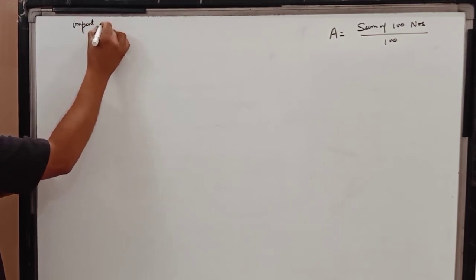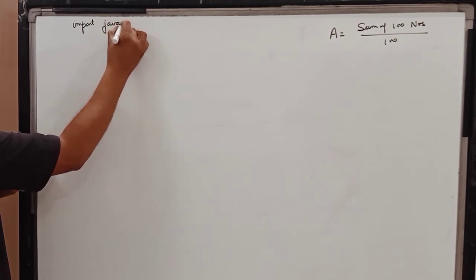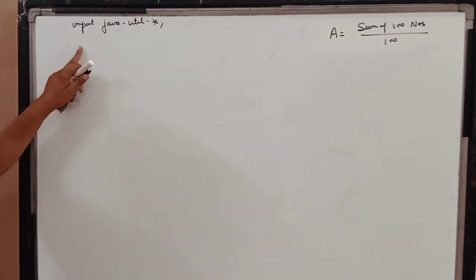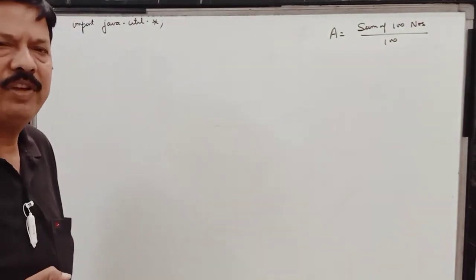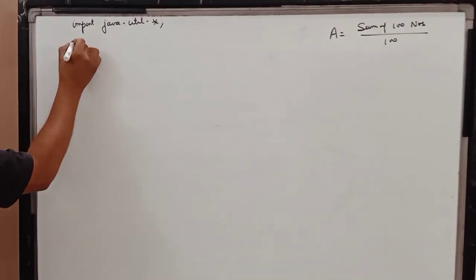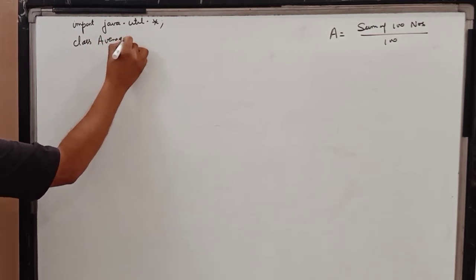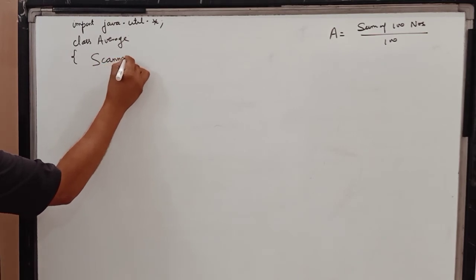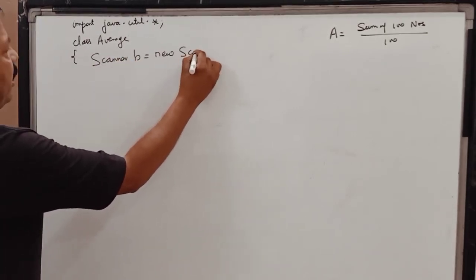So I am writing import java.util.Scanner. I hope this statement is clear. Through this statement, I am able to join this package with my class, and the class I am using here is Scanner. Now I am creating an object of Scanner: Scanner b is equal to new Scanner(System.in);